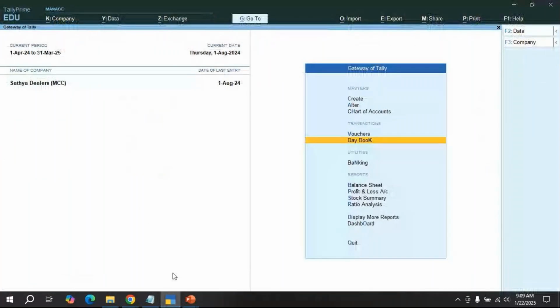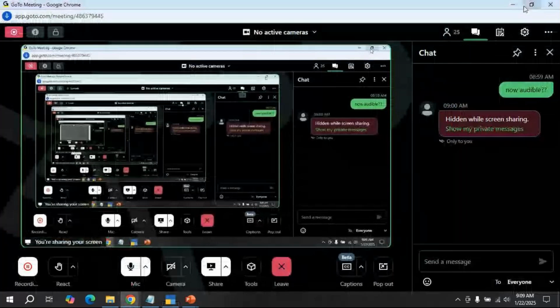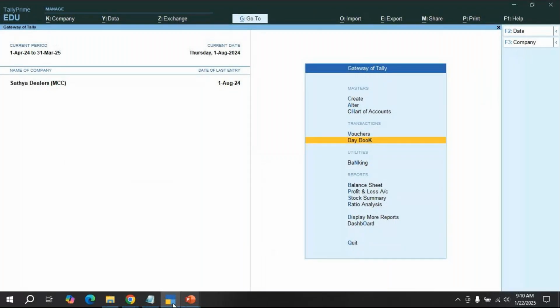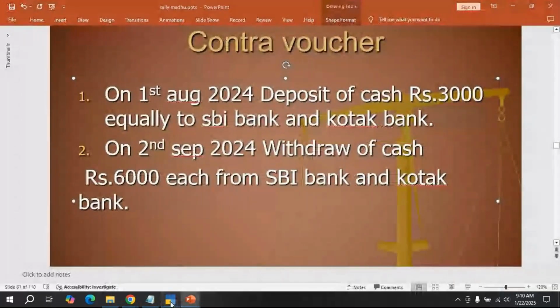Next option, in the contra, any doubt? No doubts, nothing. Okay, so here go to, after the contra,